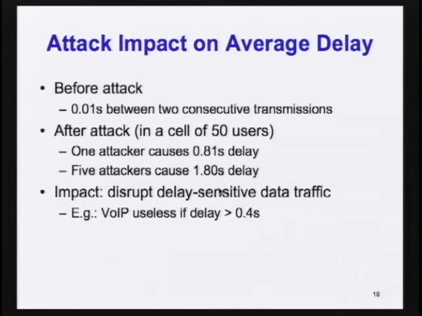Okay, so we have looked at the impact of the attack on the bandwidth, but certain applications are delay sensitive. So what's the impact of the attack on delay? Before the attack, again assuming similar channel conditions for all mobile users, there is about a 10 millisecond average delay between 2 consecutive transmissions on every user. After the attack, where there's one attacker in a cell of 50 users,